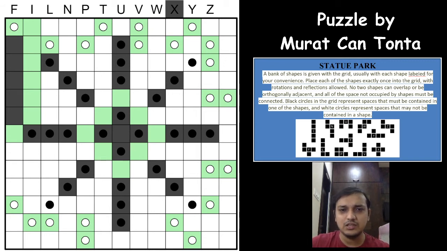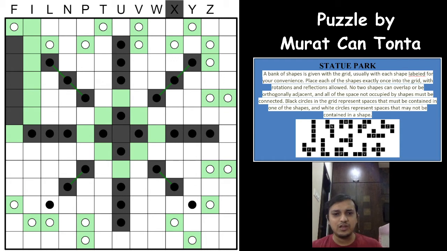Maybe I'll mark that with a line here, right? This is a better way to notate, I would say, for the diagonal ones. And then again we'll go to the shading thing. Now if you see, the most important thing here is you need to know about the shapes and how they are placed, how they are used in the pentominos, how they are used in the Statue Park puzzle. Now we know that this black circle will also have to touch this pentomino, right?